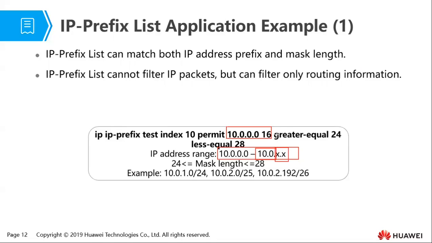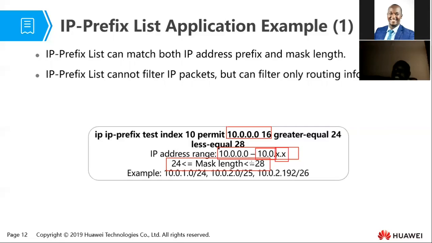Then what greater-equal 24 means, and what less-equal 28 means, is that whatever comes with this address, between this all the way to that, can have a mask of 24, 25, 26, 27, 28. So it can be /24,